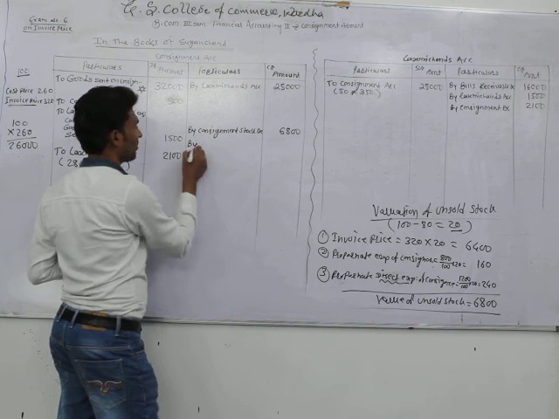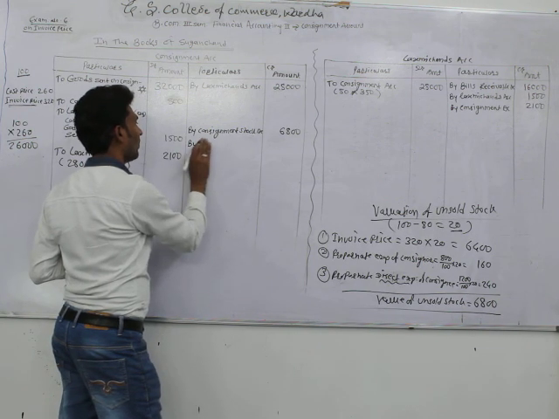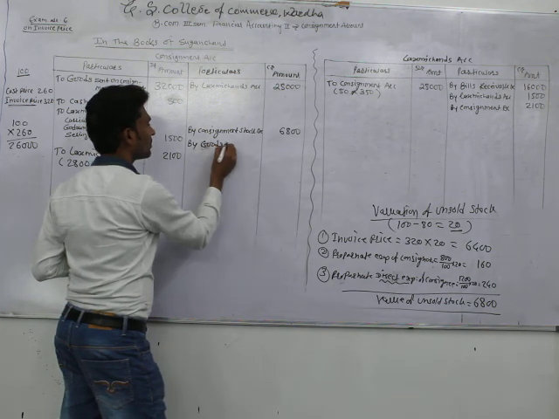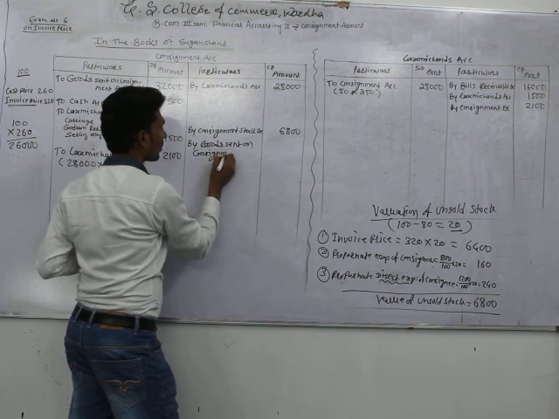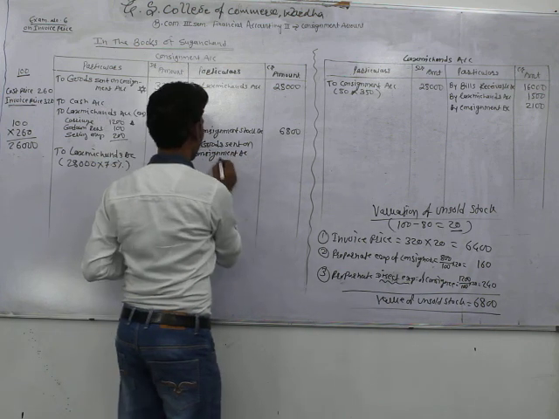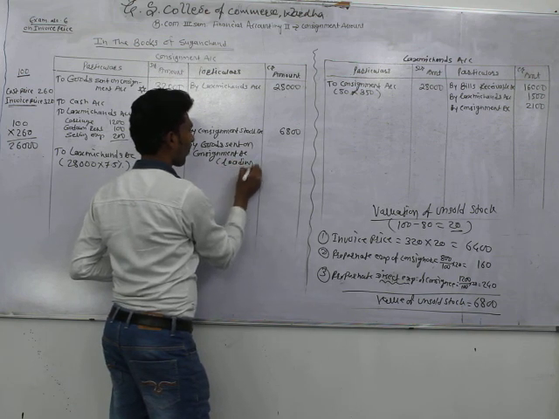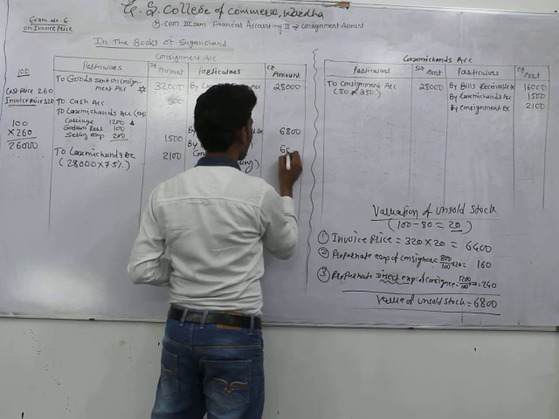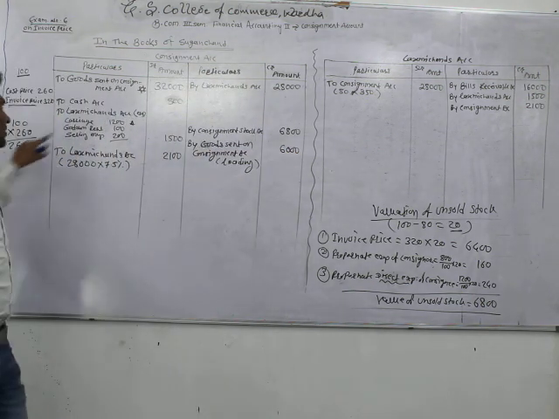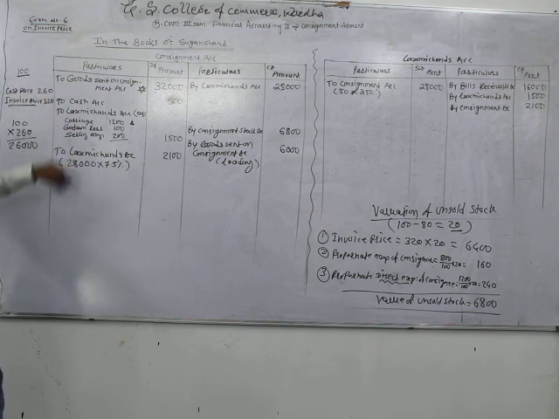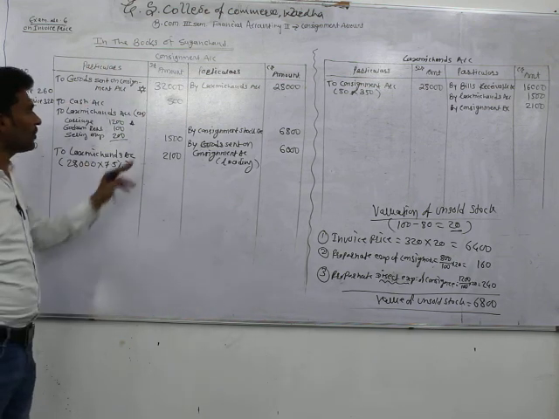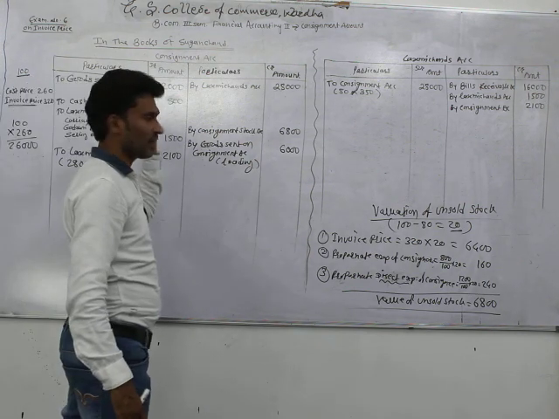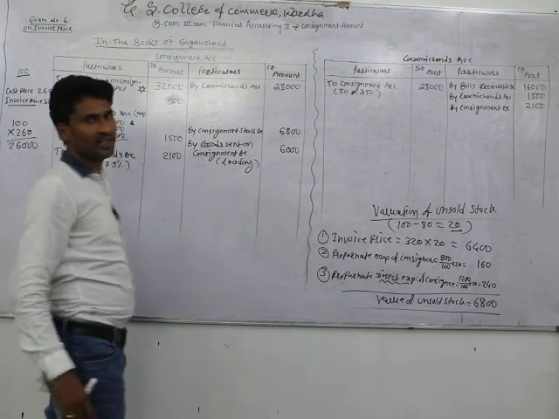So write at the credit side of consignment account by goods sent on consignment account, in bracket just for information, loading rupees 6,000. As per cost price the goods are rupees 26,000, but you have written 32,000. It means they have 6,000 rupees more than the original price. So to find out the profit or loss, we need to deduct this amount from there. For that we write this excess amount at the credit side of consignment account.